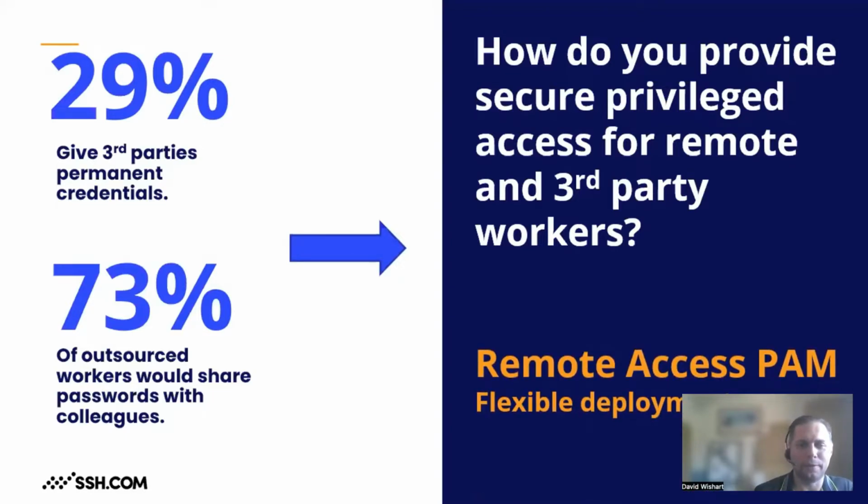So what does this mean for PAM? A PAM solution for remote access should be flexible enough to be deployed where you need it, whether that's in the cloud or on your perimeter or on premise. It needs to be versatile. Remote working or third-party access should also have granular role-based control to your allowed target accounts. So context-based alerts and heightened authentication challenges like second factor authentication should be activated when needed.